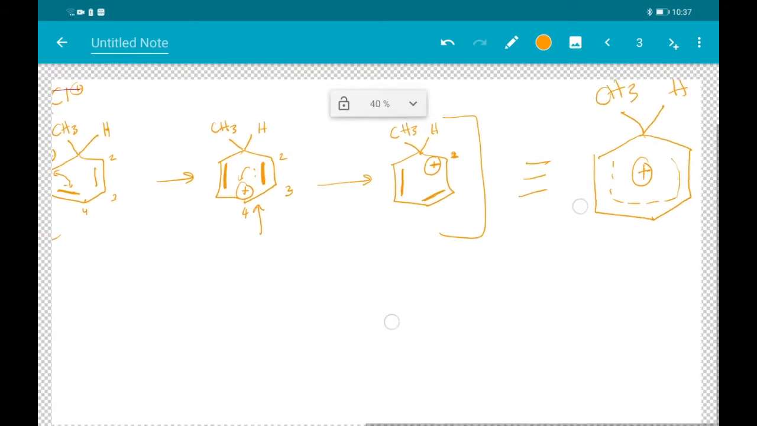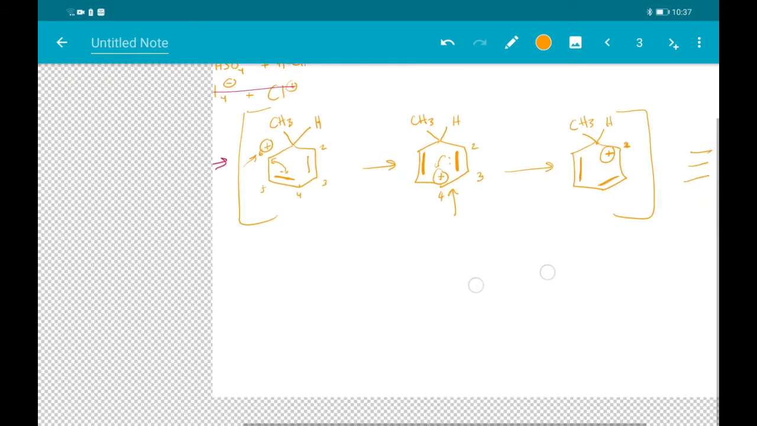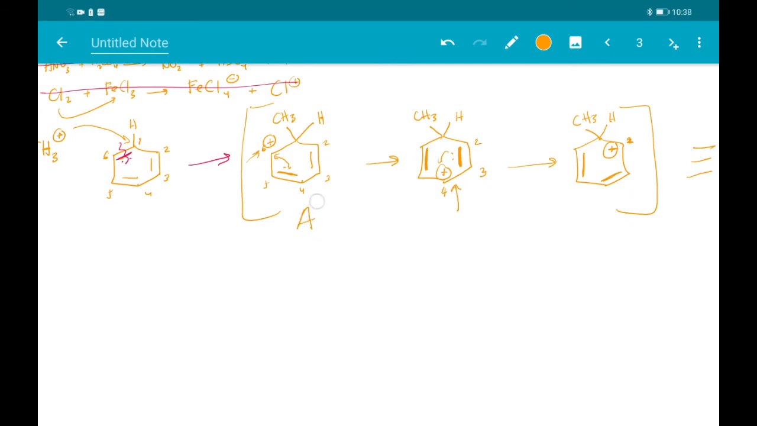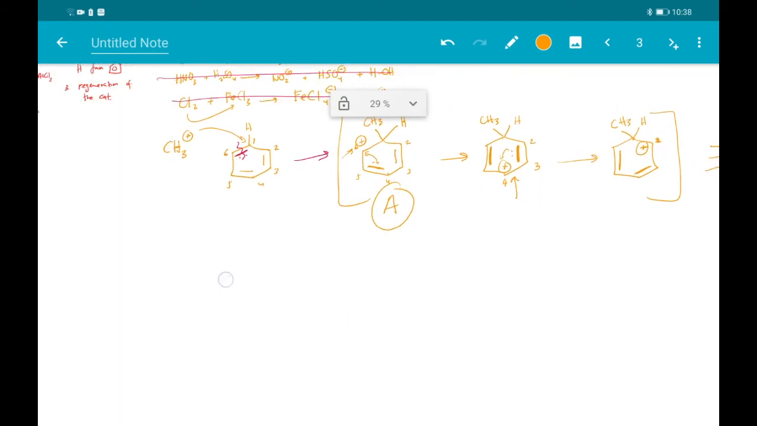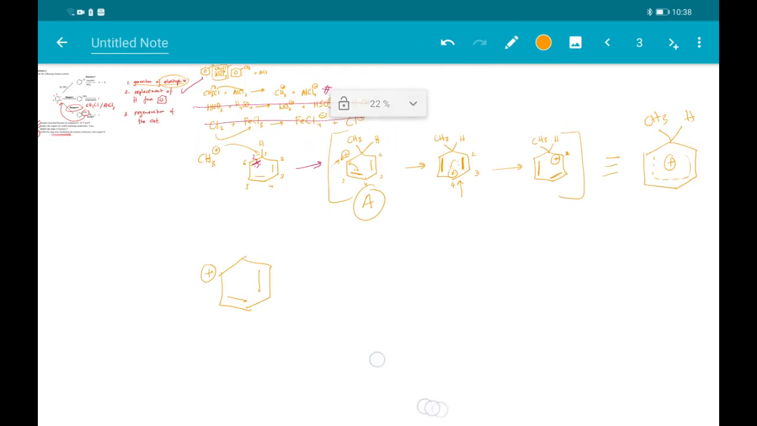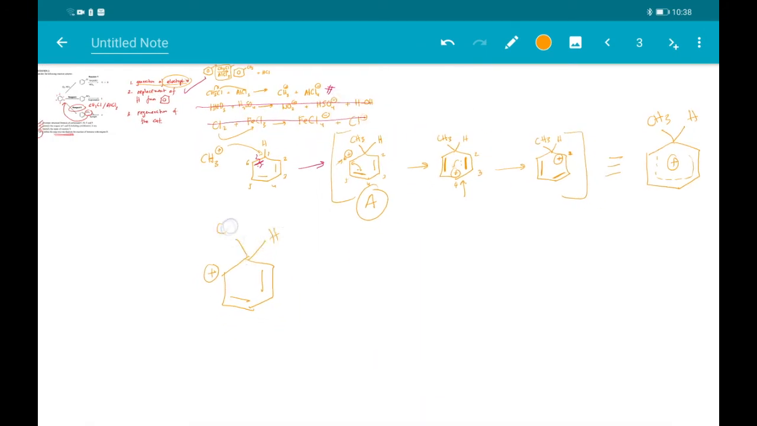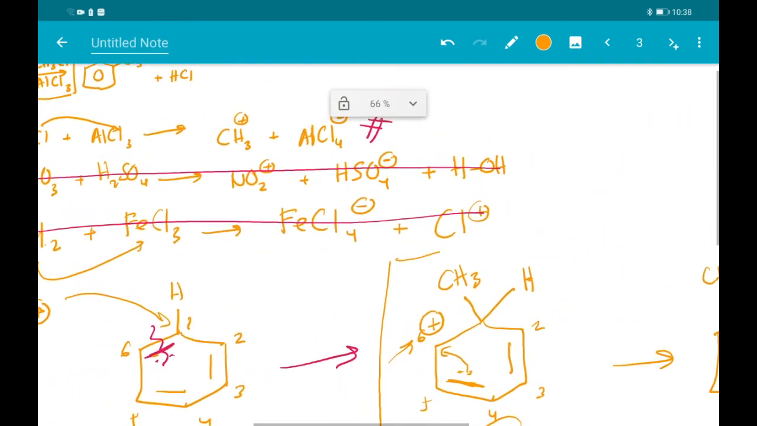Okay, and finally, what's going to happen is, we just take the structure of A right now, we draw it back again. Okay, carbon number 2 and number 3, and also we have carbon number 4, number 5. We have positive charge at carbon number 6. Okay, we have the hydrogen here, and then we have the CH3. The final step will be the regeneration of catalyst, where we're going to take the nucleophile in this case, which is AlCl4,